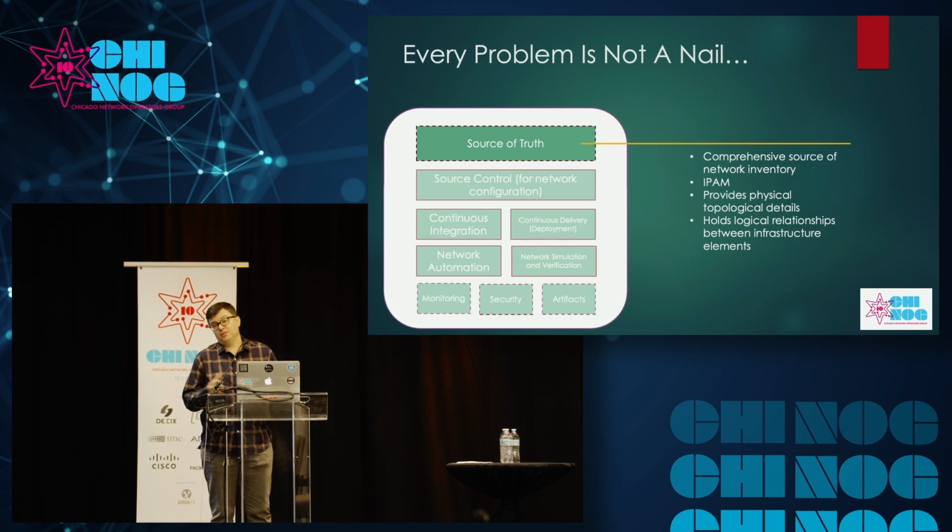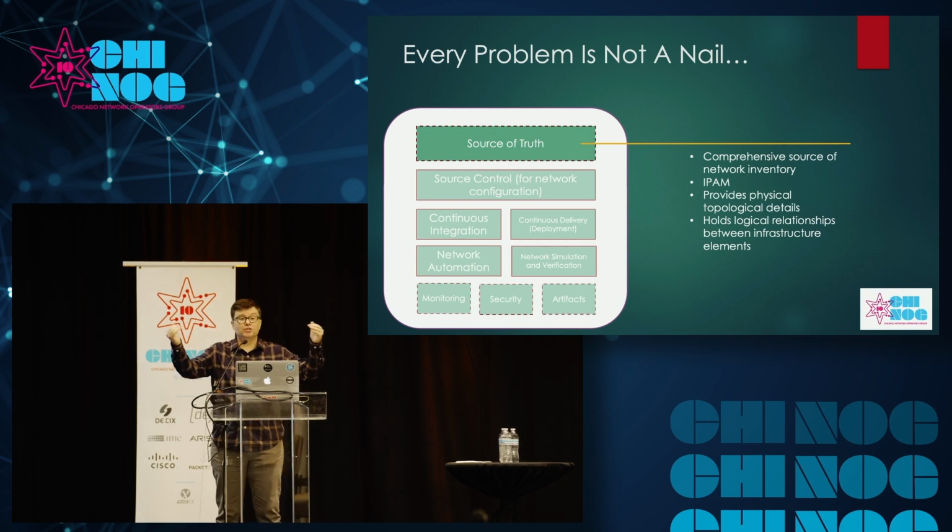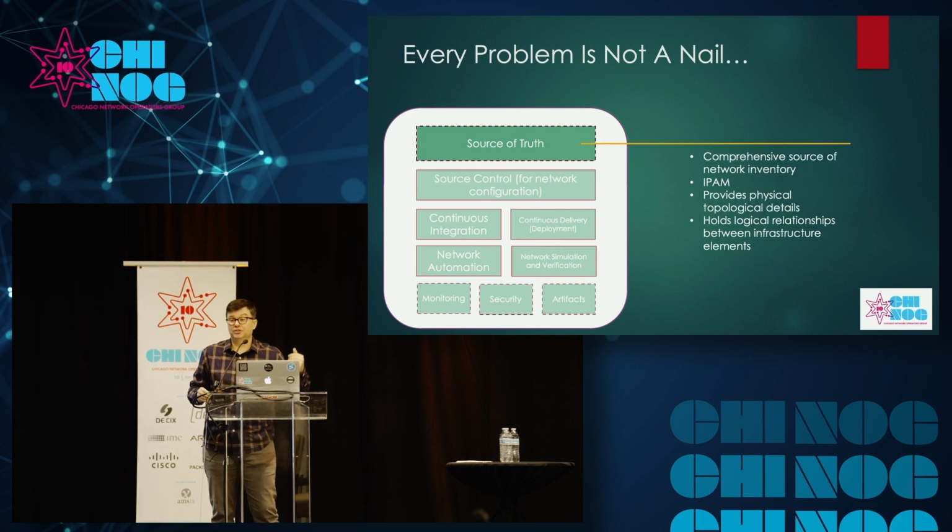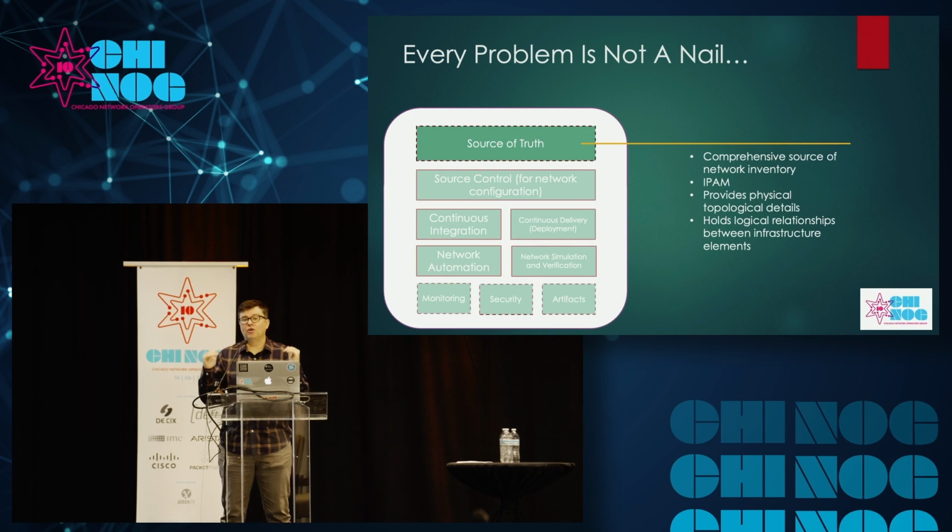So for example, even though we're not going to get too deep into the source of truth, you want something that's going to drive the rest of this, that's going to hold your relationships between network elements, like how things are interconnected. What makes up these network elements? What is my IP addressing? And I know Alex is going to talk about IPv6. What is my IPv6 addressing? We have to have all of that well contained so that we can cascade that down,